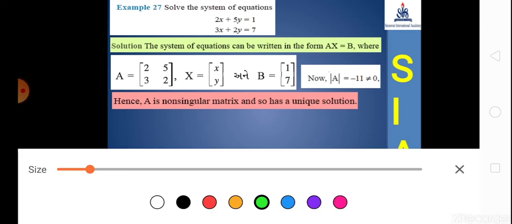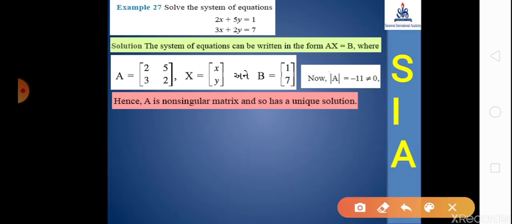You know the meaning of a unique solution? Unique solution means, students, that line L1 and line L2 both intersect at one common point, and that common point is called the unique solution. You already studied this in 10th standard by the elimination method, substitution method, cross multiplication method and graphical method. But here, students, the same question I explain by the matrix rule.